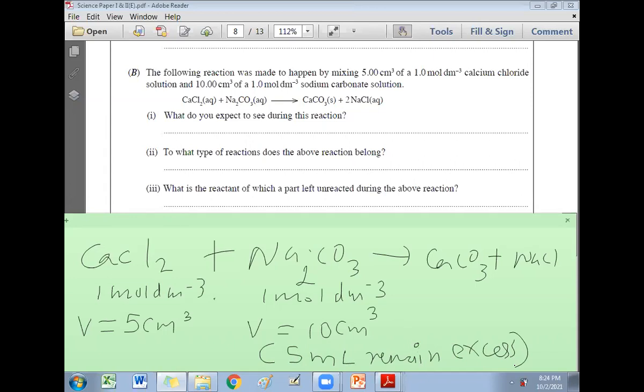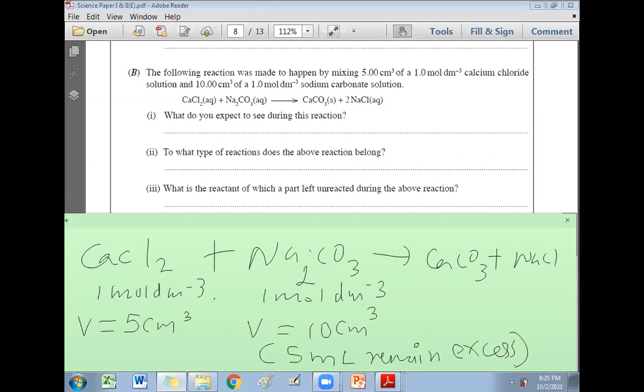That means who will become the limiting reagent? Calcium chloride is not sufficient to react with all the sodium carbonate, because you mixed 5 and 10, but they react in the actual ratio. This is the benefit of balancing chemical equations. For you, balancing is to get marks. Industrially, balancing lets you decide the correct proportion for mixing the raw materials or reactants.